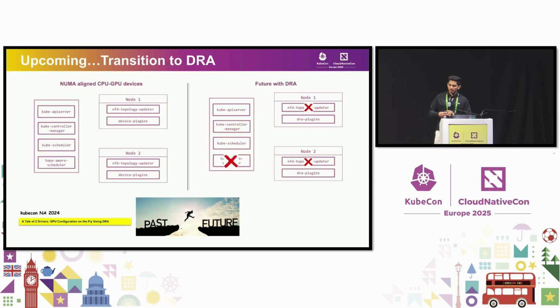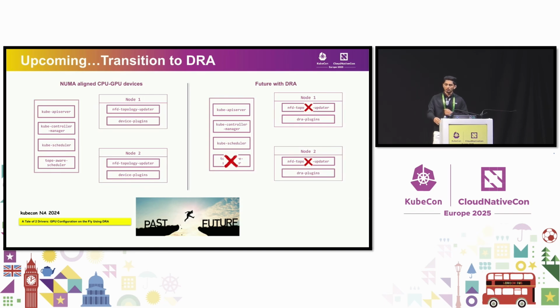Talking about the future, there is a big change coming for our stack as well, which is we're going to transition from the current implementation, which is serving GPU capacity using device plugins, to DRA. This change is big enough that we wanted to do some kind of a perf and scale testing of the control plane before taking this change in production. So in the next set of slides, I'll be talking a little bit about what this change looks like and some of the perf and scale tests and their numbers that we ran. But before we get into that,